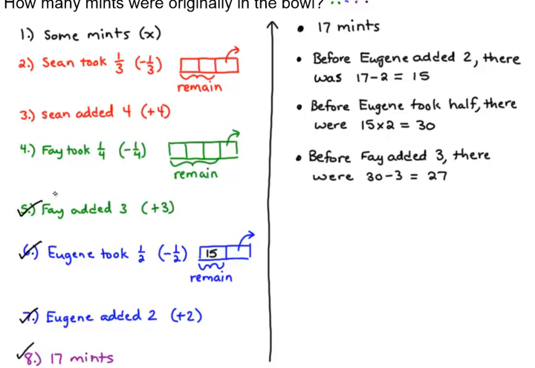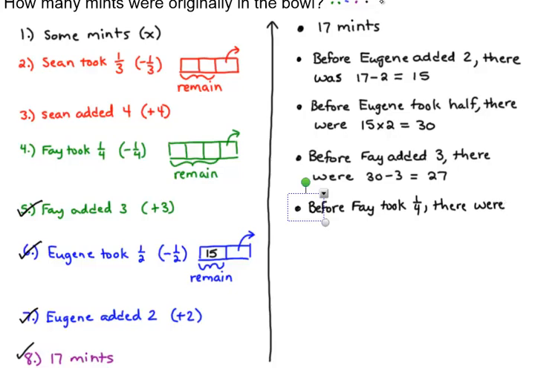Okay, now here we have when Faye took 1/4. So we're going to go here. Before Faye took 1/4, there were,